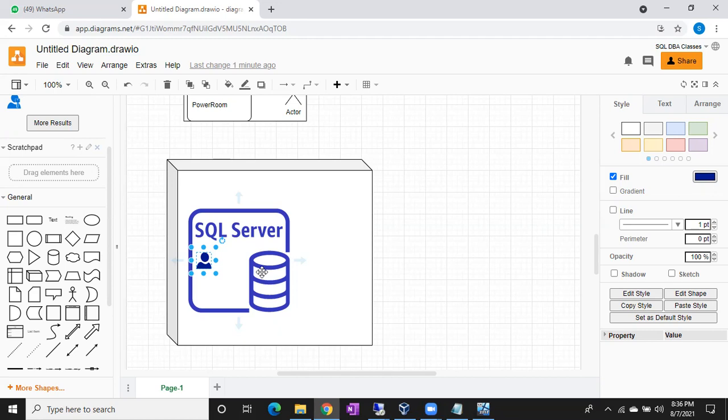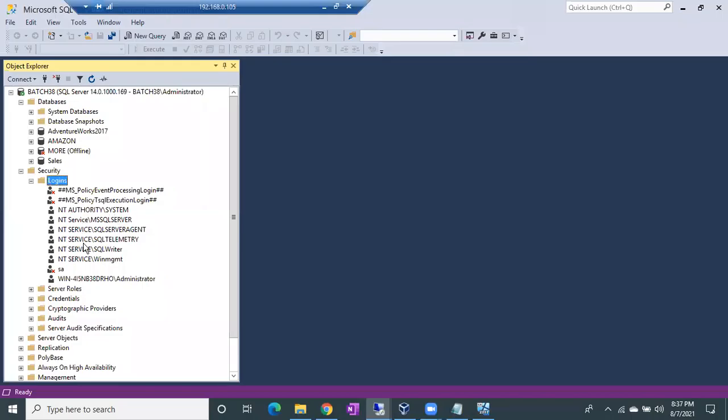In the same way, it depends upon the user requirements, the permissions are going to change. So don't think all logins will have the same access. Here I can see a lot of logins are there, right? Don't think every login will have the same access. Might be this login can access all the databases, might be this login cannot access all the databases. We can restrict each user in the SQL server on what databases he has to access, what tables he has to access. Depending upon the user requirement, we are going to provide the permissions. Means not all users will have the same kind of permissions.